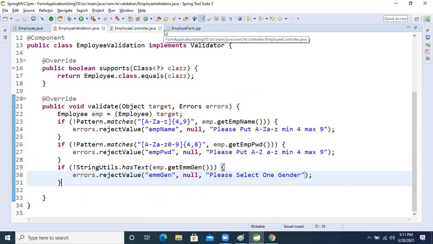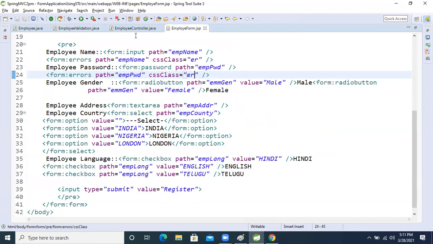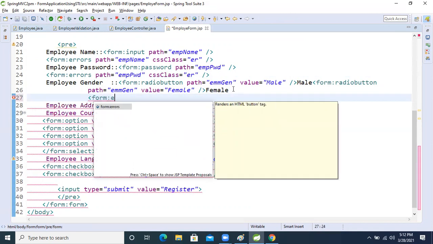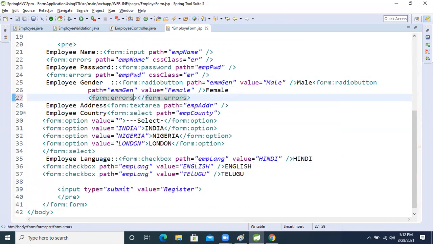Let's validate all fields, because step by step we will validate every field. So now find gender. Again, here in this place, form colon error, we will take the error. After that the path, which is empGender, this one. We will pass it here only. After that,